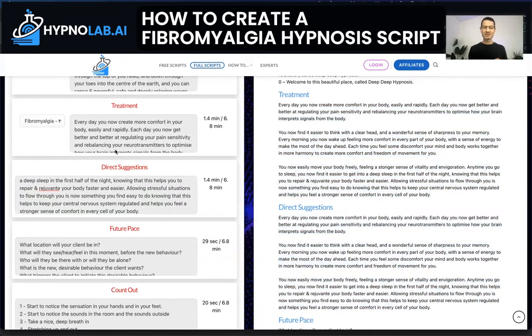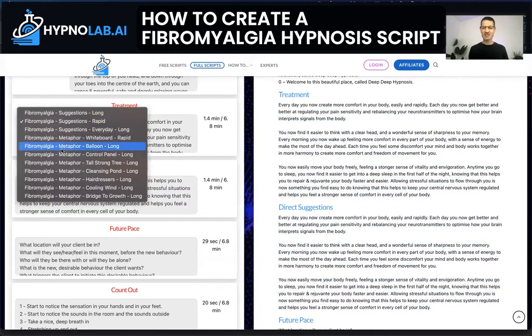But what I can now do is go back and change this to something else, and you'll see that the direct suggestions will stay as the suggestions that were originally from the treatment section. And we can now build it a little bit better, with a bit more experience involved. So what we'll do is choose a rapid metaphor, because again, I want to try and keep